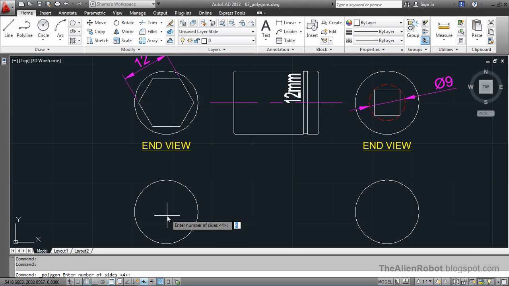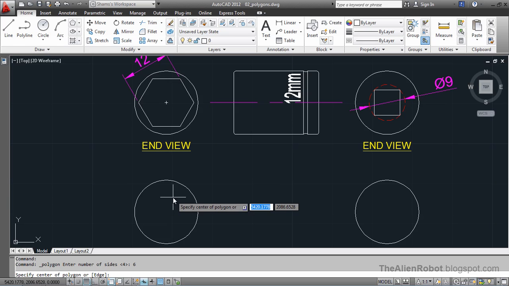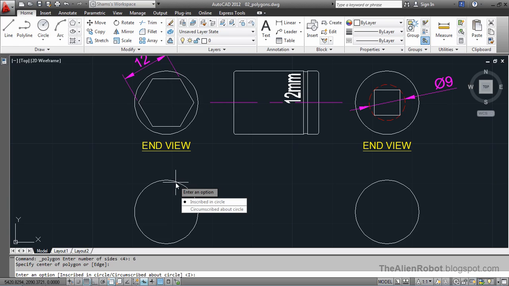be asked to enter number of sides of the polygon. In this case it is 6, as we see here, 1 2 3 4 5 and 6, and enter. And we'll be asked to specify center of the polygon. The center of the polygon is the center of the circle we're creating that polygon in, and I'm going to click to pick the center, and here's the step we were talking about, and this is the